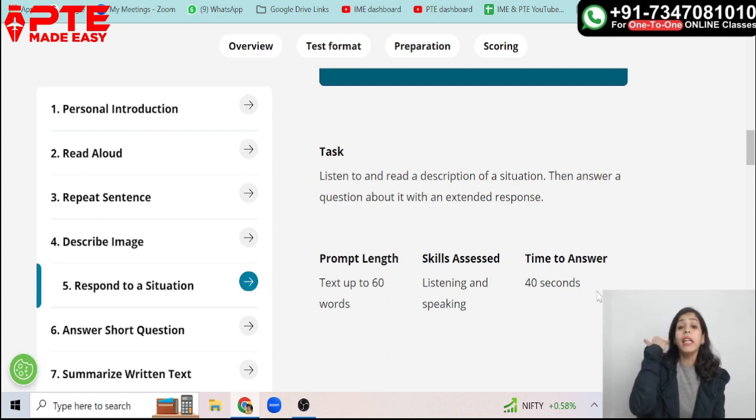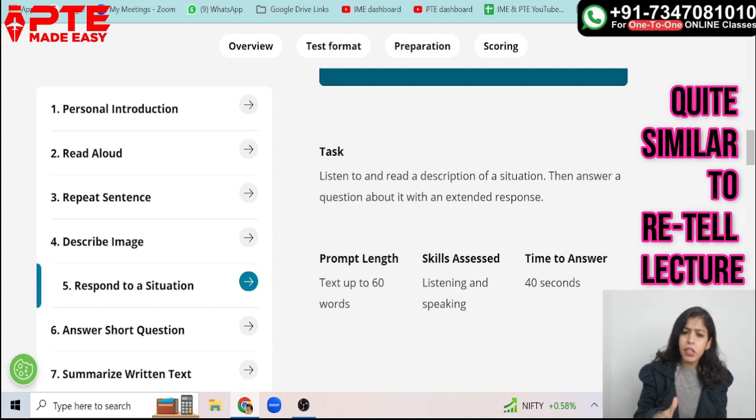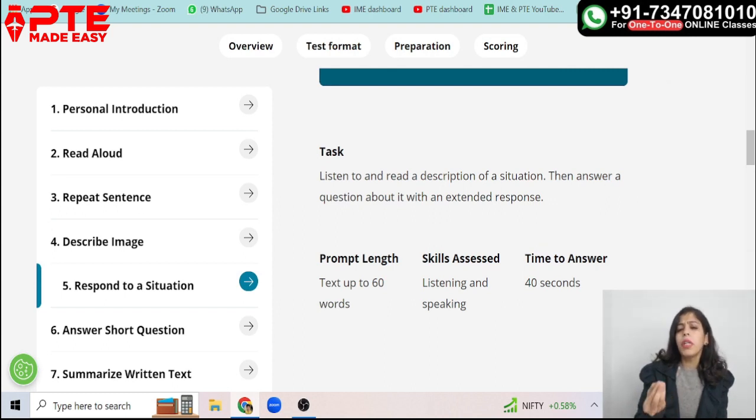Okay, so you need to read carefully and listen carefully here and then speak it up. That's what you have to do. So this is respond to a situation. Quite similar to retell lecture, but here you are going to read a description as well, whereas in retell lecture you just listen to an audio, and then you have to answer it in the given time. Here you get 40 seconds to answer the same,